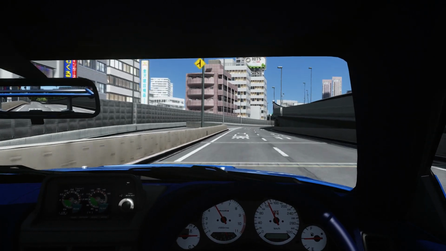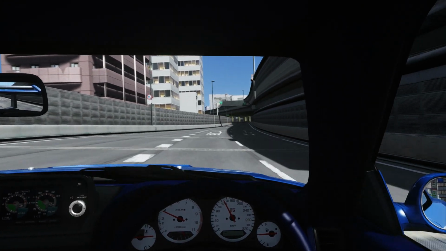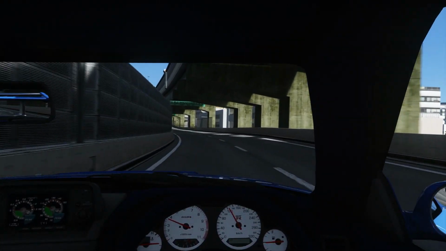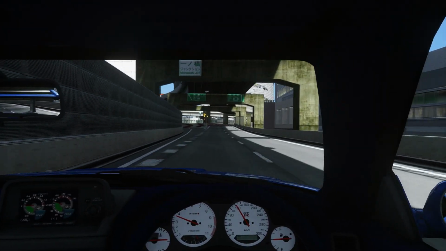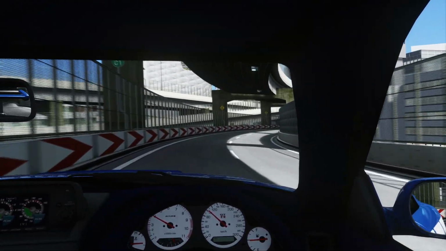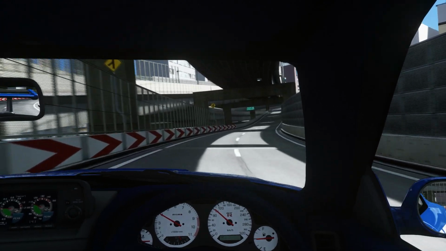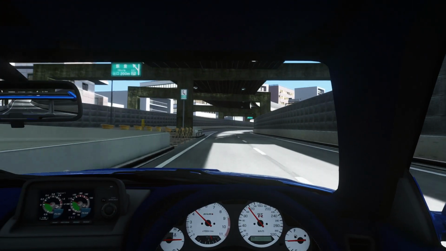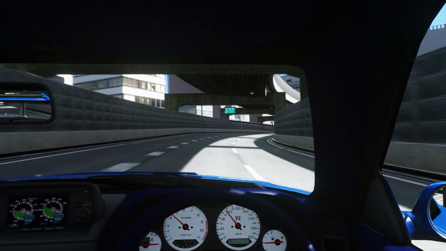Great. So we have the physics sorted. What we then need is to look at visuals. And for that, I'm going to say that we need a combination of Assetto Corsa and Gran Turismo. Now, the reason I say that is because if we look right now at...